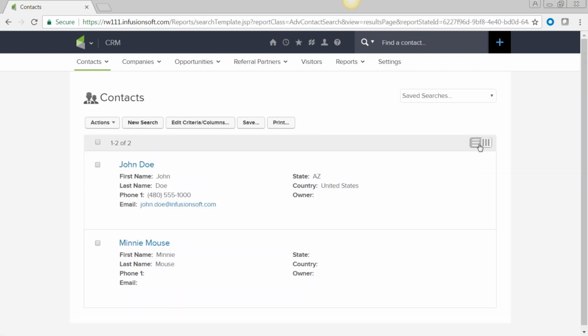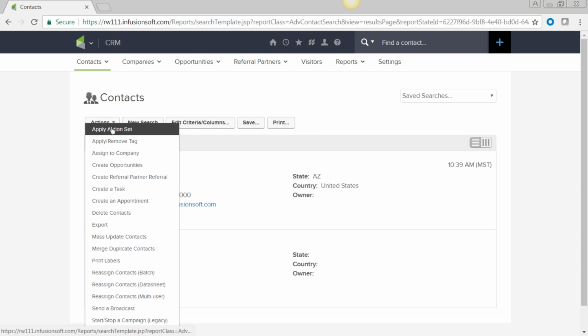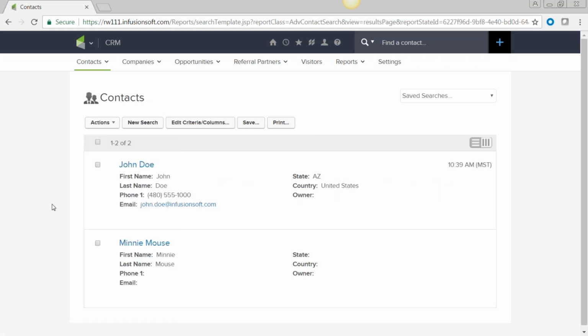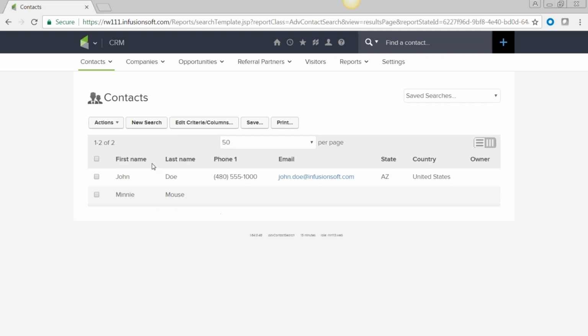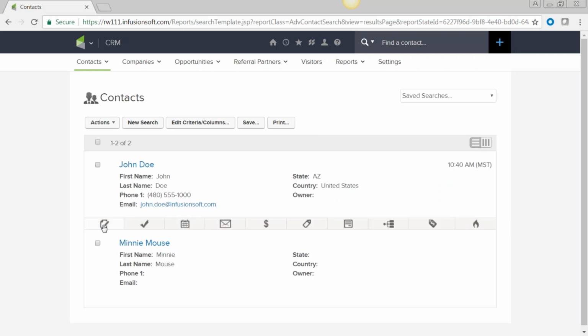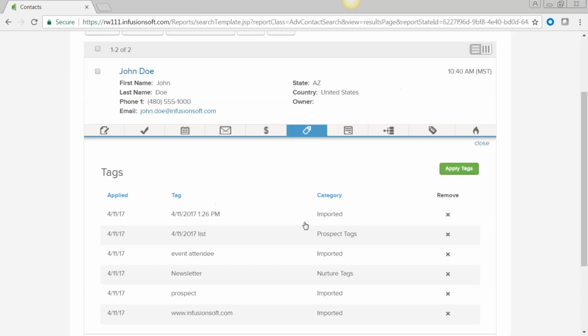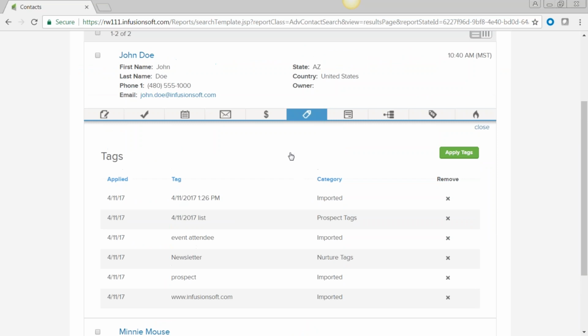Let's go back to interactive view. You still have the capability of doing all of those things. So if you want to export that list or work off a cleaner list, if this is easier for you, that's fine too. So the interactive view is interesting because you can create a note, a task, an appointment, send an email, create a quote or order, tag them,